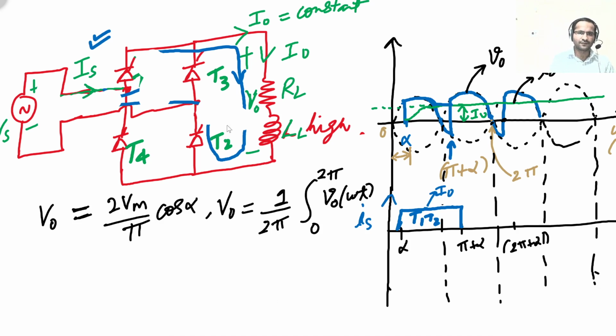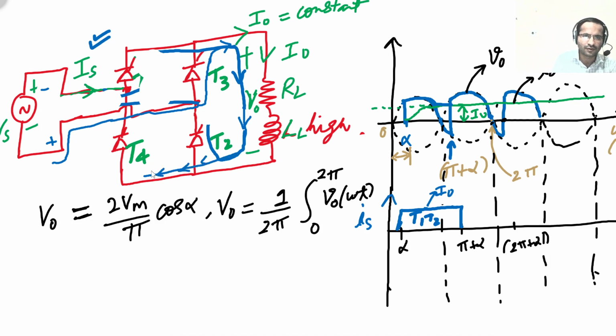So when T3 and T4 conduct, current starts from the negative terminal of the source. It will first flow through T3 and enter the load. After this it will complete its path